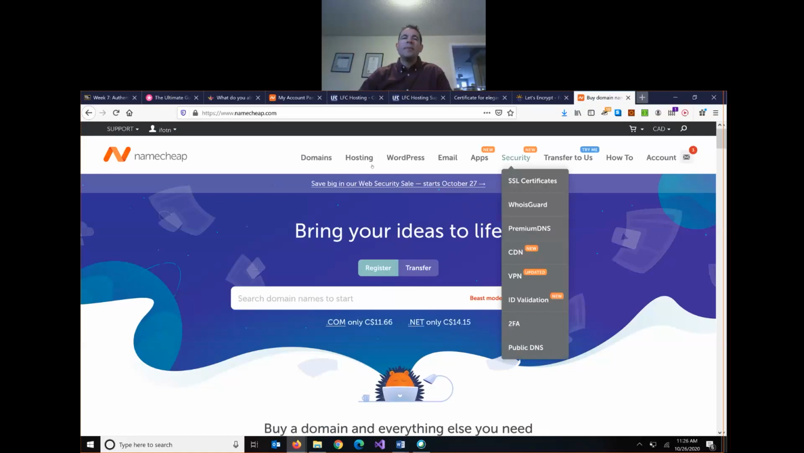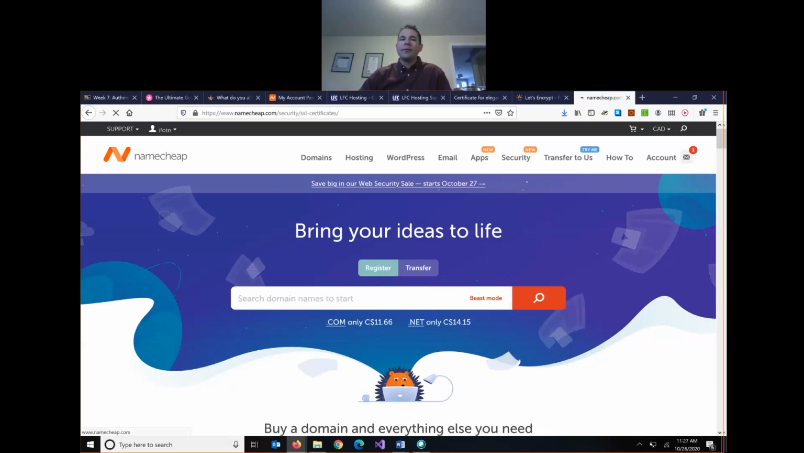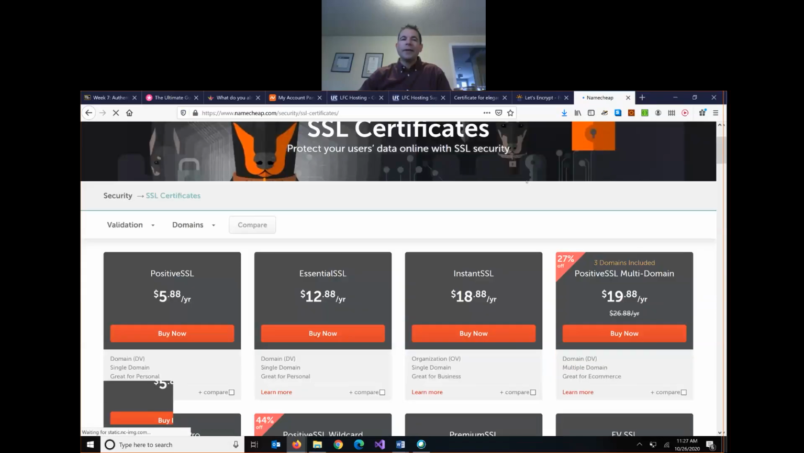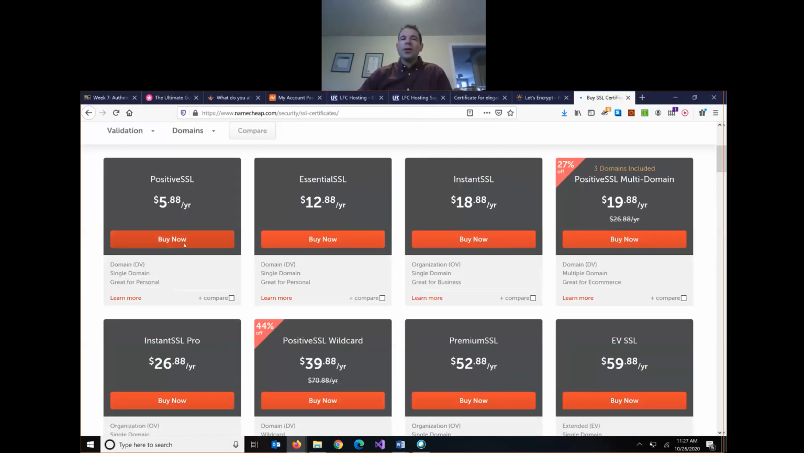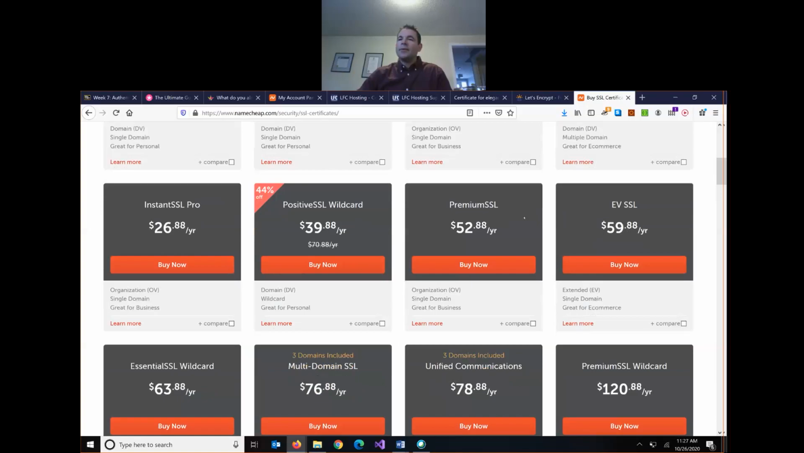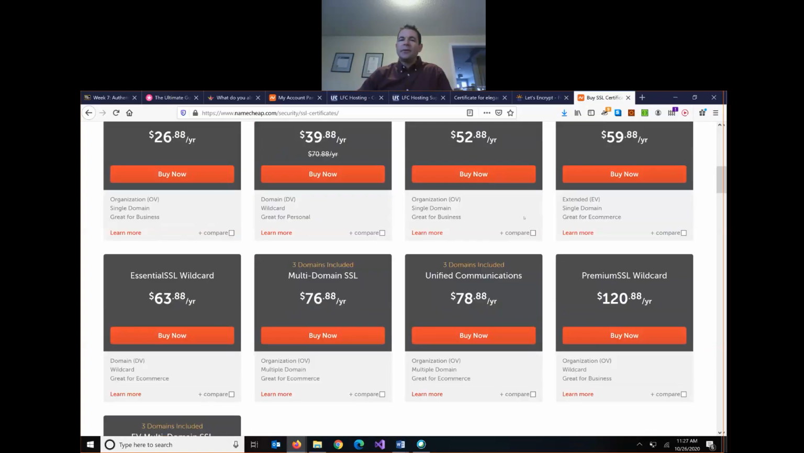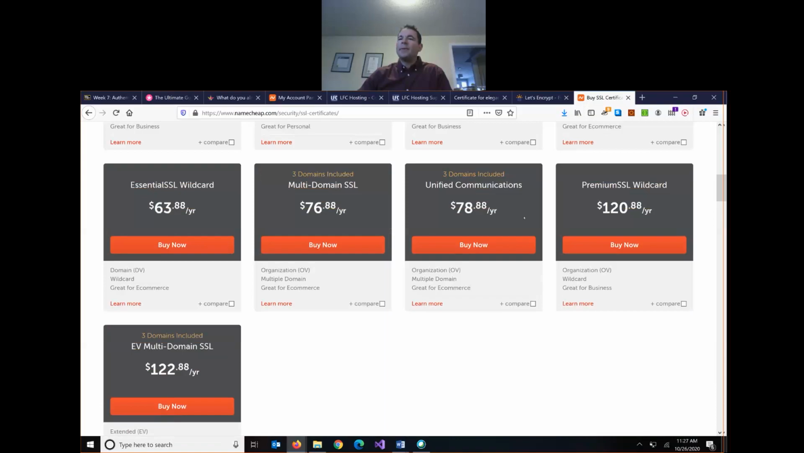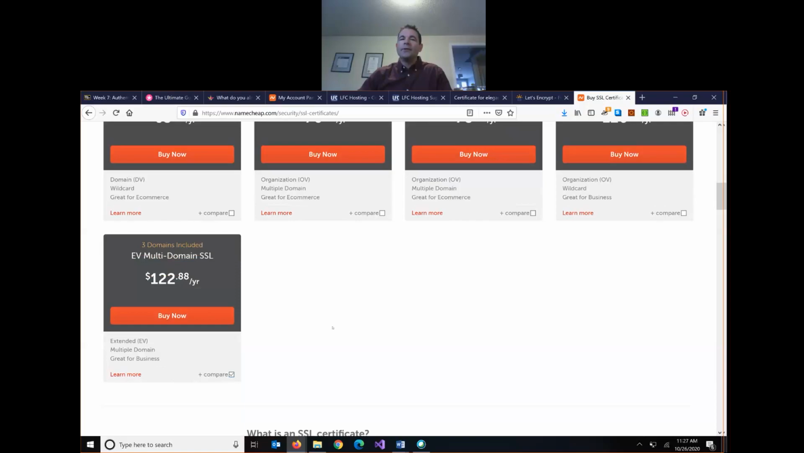So let's look. I like to buy my SSL certificates here from Namecheap, so we can see what they offer in terms of security. They start for as little as $5 a year here for a single domain, for example. For organizations in e-commerce, if we've got multiple domains, we can get other ones. The other thing that some of the premium ones have is higher levels of encryption, and they often have, if we compare a couple of these,